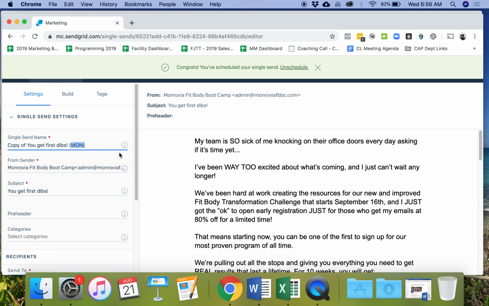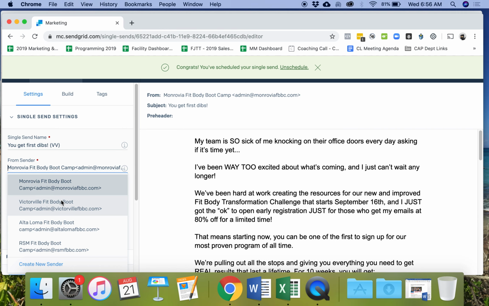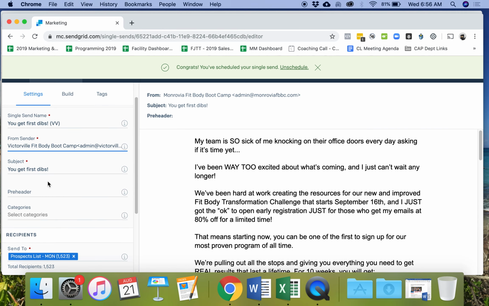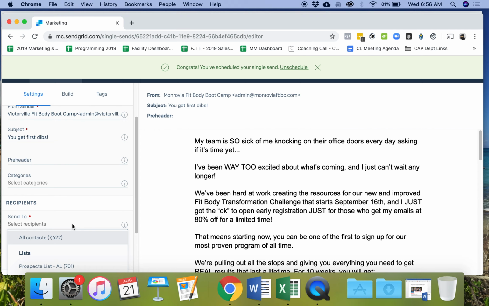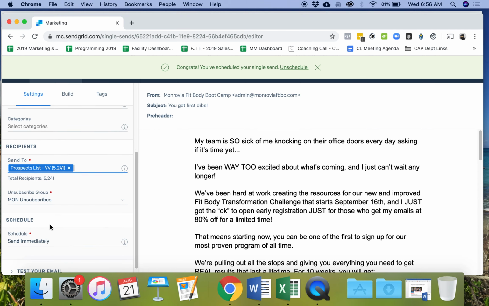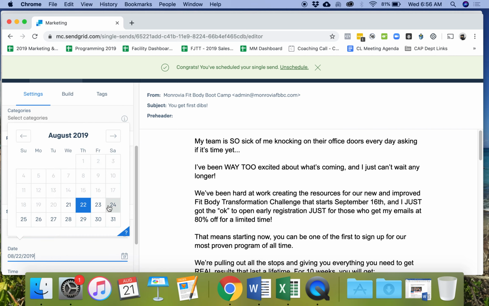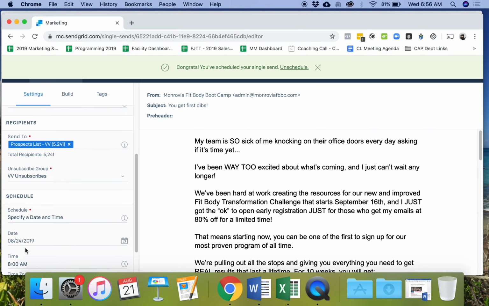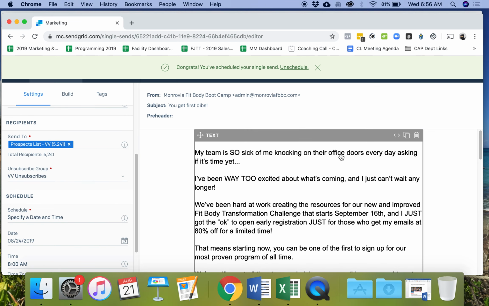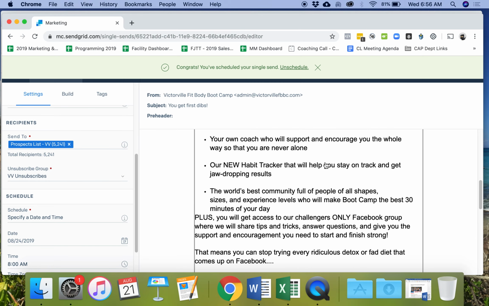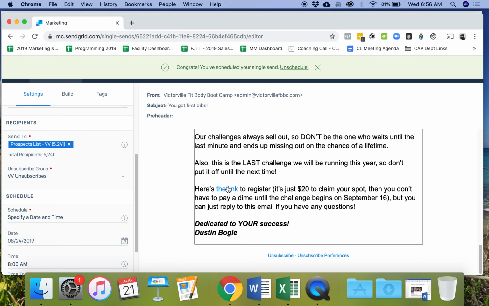So now let's say you were loading it for Victorville. So I'm going to change this to VV. I'm going to get rid of the words copy of, so it's easier to read. I'm going to change the email list to Victorville. This can stay the same. I got to obviously send it to the prospects of Victorville. I have to make the unsubscribed list of Victorville. And then I got to make sure to catch the scheduling to match. Okay, so it's 24th at 8 a.m. Great. Now here on this end, this is all going to just stay the same, except this link